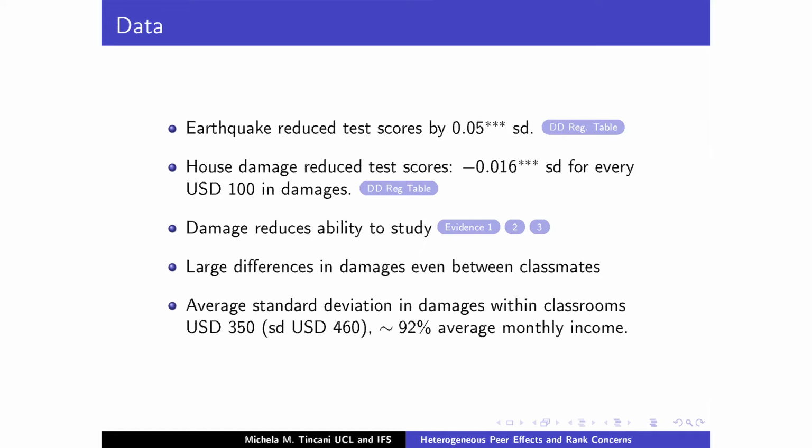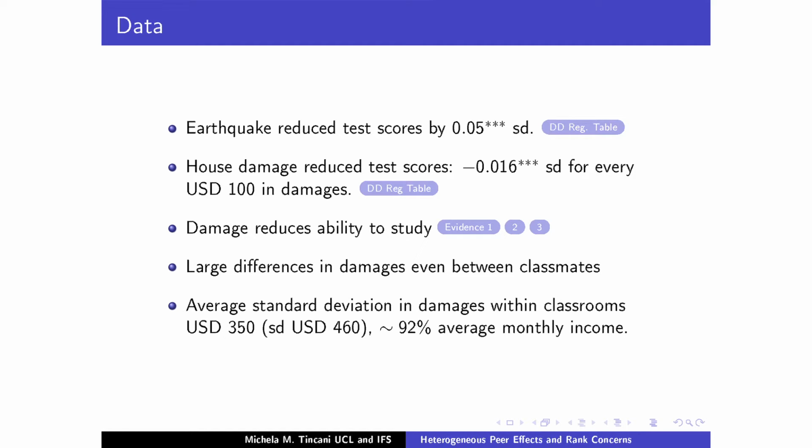So a key feature of my data set is that I actually see that there are large differences in damages even within classmates. People who are sitting in the same class were affected differently. Now, there's a tiny caveat about this. I can only measure home damage at the town level. So it's an expected damage: if you live in a certain town, it's expected that the damage to your home is this much. So that means that these differences in damages between classrooms, I can only pick them up in